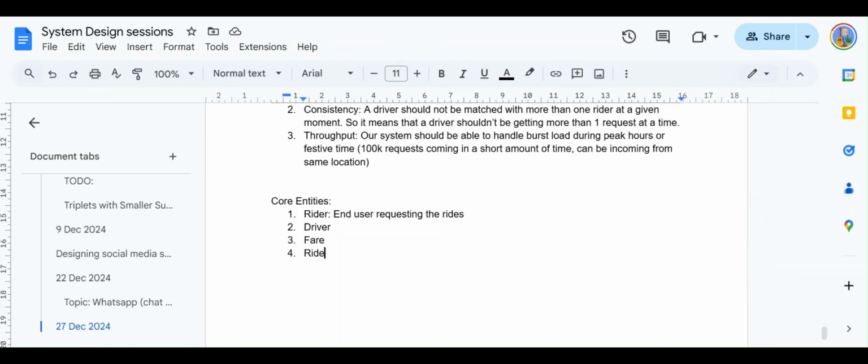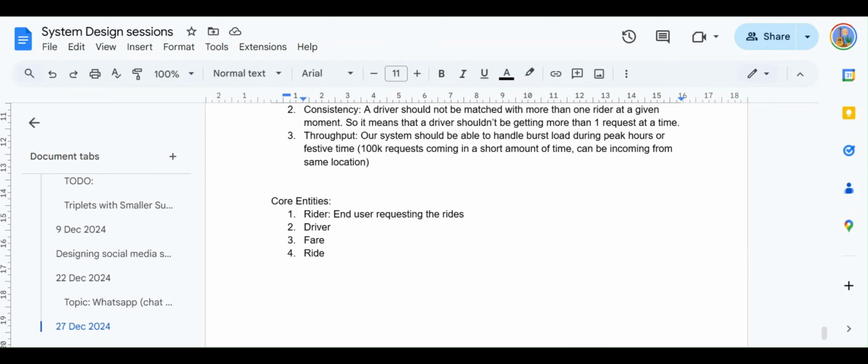The reason is that initially the fare is shown to a user, and at that point in time the ride is not yet initialized. We'll talk about it. So basically the idea is that when the user tries to see the fare between the two places, he's only seeing the fare. He's not yet created a ride object. He has not yet clicked on create a ride for me. So at that point in time the ride is a vague idea, but the fare is a solidified idea.